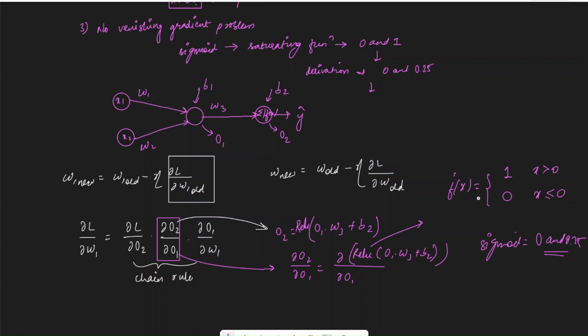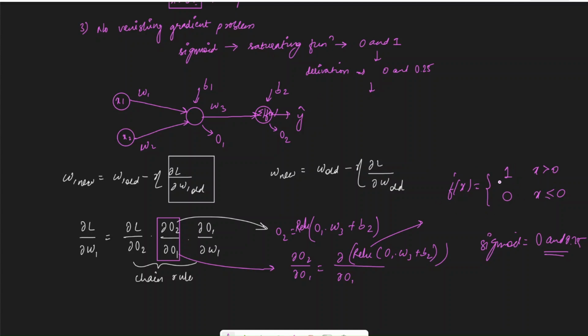But in this case, we will not have a vanishing gradient problem because our derivative is not a very small value. It is 1. There is another problem which is called dying ReLU, which comes up because the derivative of the ReLU function is 0, but we are going to discuss that in the disadvantages section. But from here, I hope it is clear why we cannot have a vanishing gradient problem, because the derivative is 1.